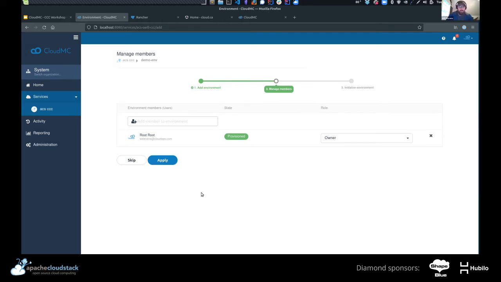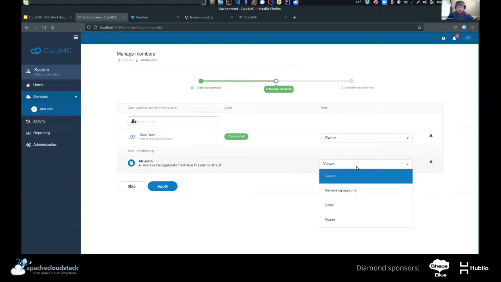they might have different roles. So for example, I'll drop this one in here so you can see, but we can say that all the users are viewers of this environment, or you can give them different roles. This one here is interesting if you're offering something like a shared network, where you want people to interact with everything except the networking.